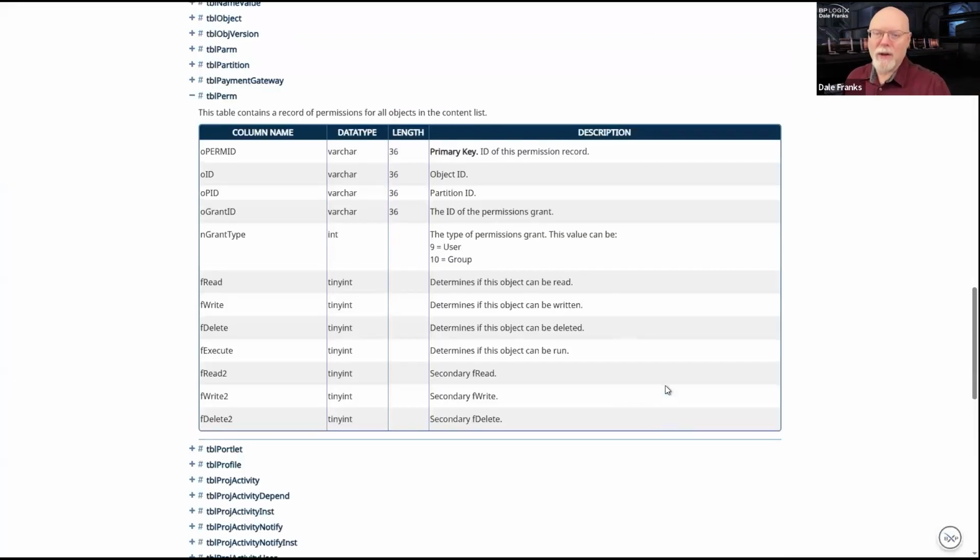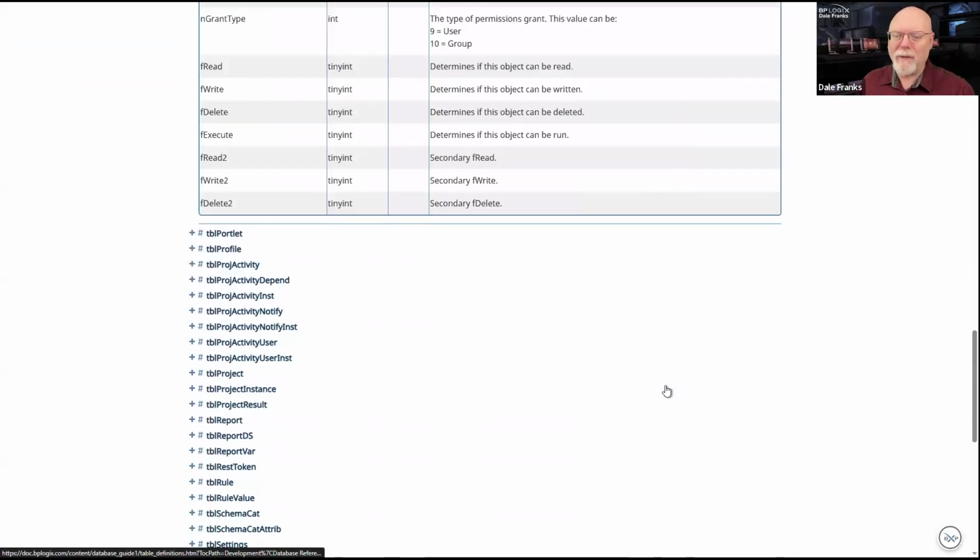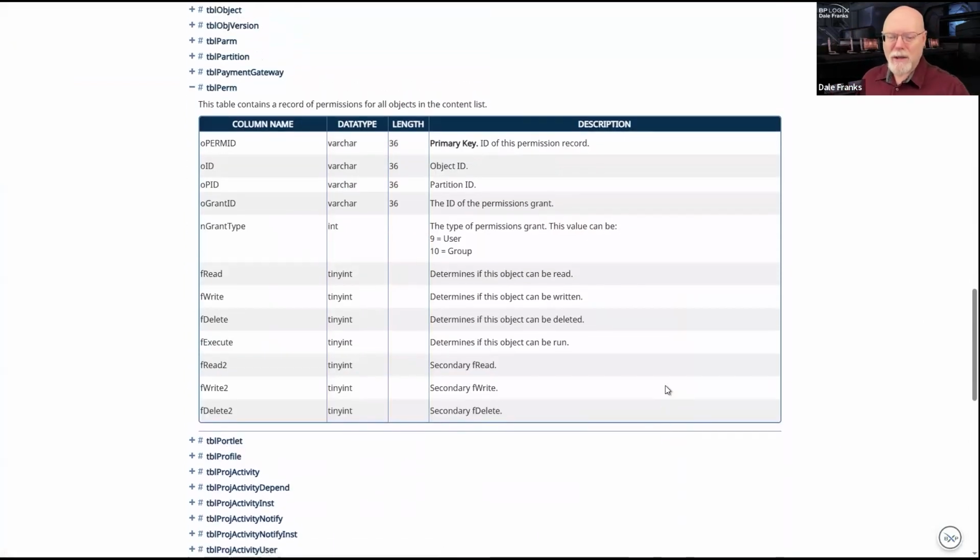If we go into the documentation and look at the page for table definitions in the Process Director database, the permissions are in their own separate table. It's called table perm, and every permissions record in table perm is associated with a content list object somewhere in the system.